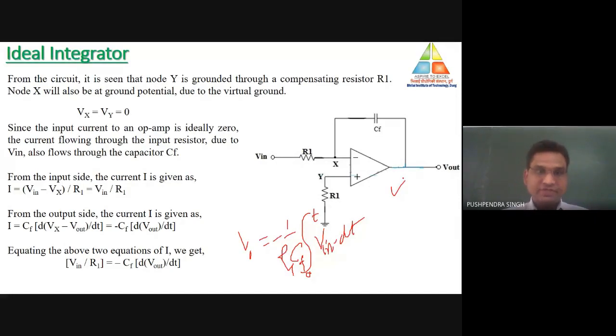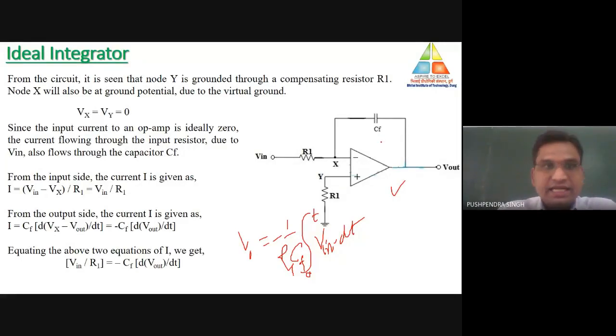After the completion of the ideal integrator circuit, we will switch to the practical integrator circuit. The practical integrator will be somewhat different from the ideal integrator. Some more components should be connected there for rectifying the problem in the ideal integrator circuit. So this is the overall idea which we are going to discuss today. And at last, we will solve one or two numericals related to the integrator circuit. So, starting with the ideal integrator.